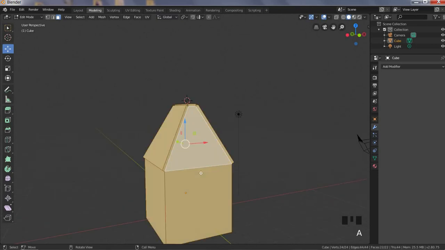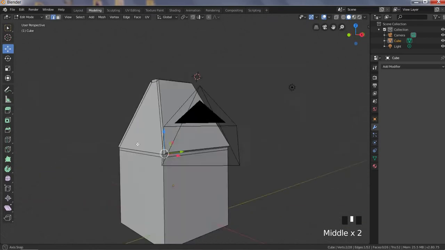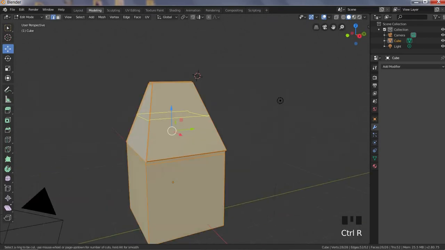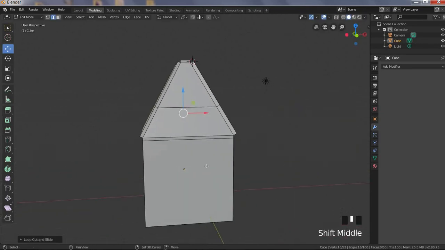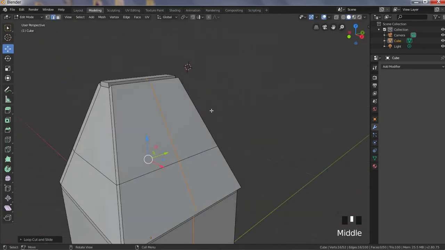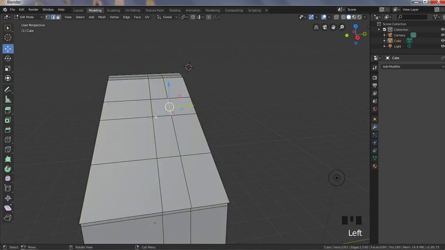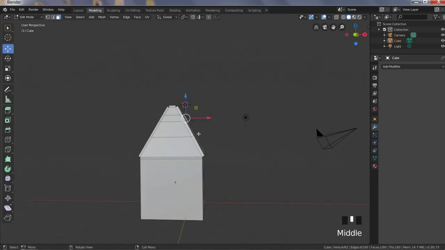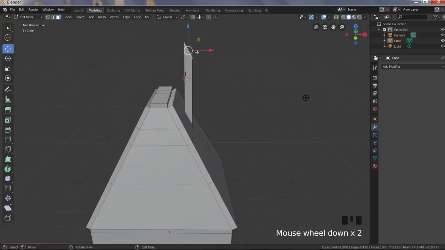I'm just using the 3D view for making this model. I've never used the left hand side or right hand side part of it. Only in the 3D view, and using shortcuts I have created this model. The first and basic step for creating this model is using primitives such as cubes, cylinders, circles, and adjusting them in the right manner for creating this model.